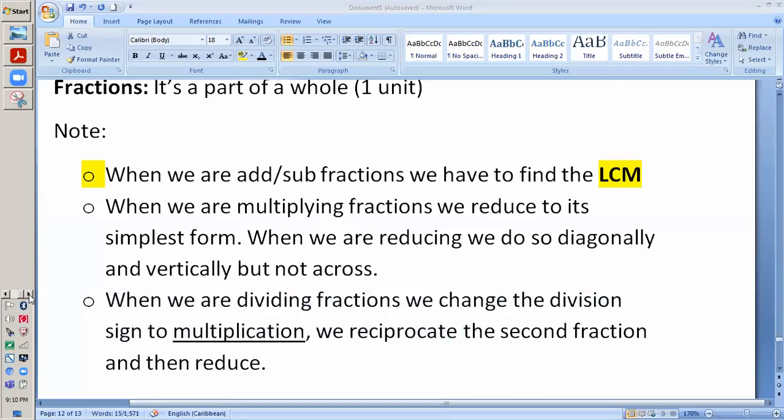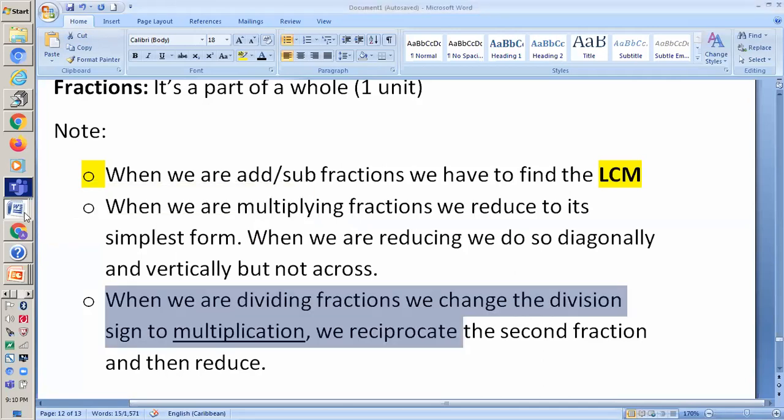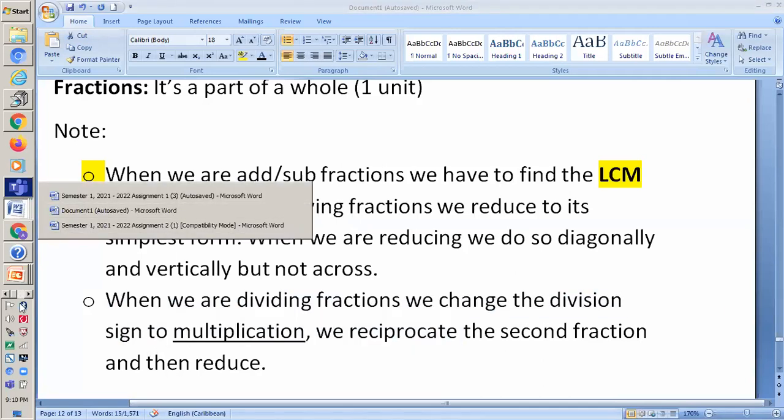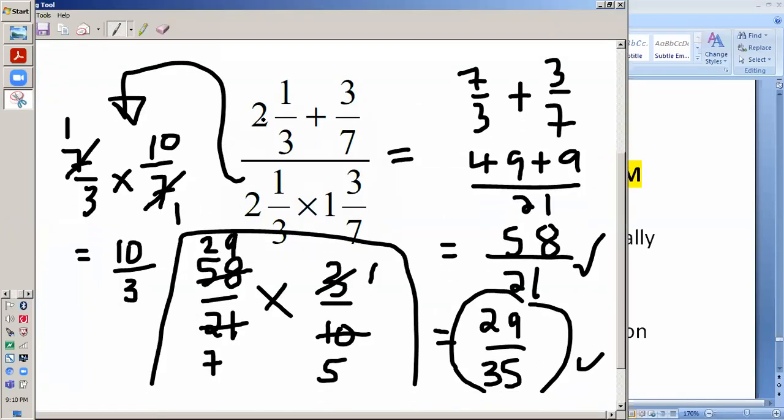Yes, I am. When we're dividing, what do we do? I think probably because we didn't show it. I think probably that's the reason. But actually,